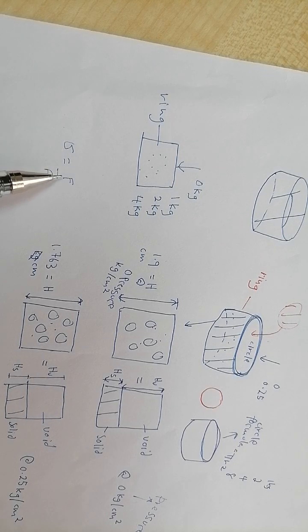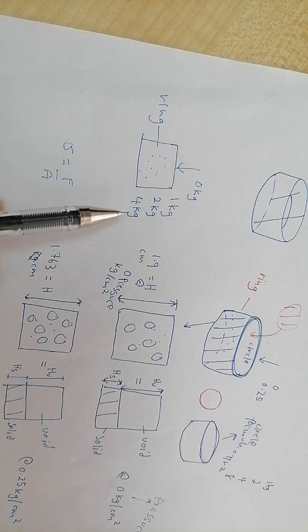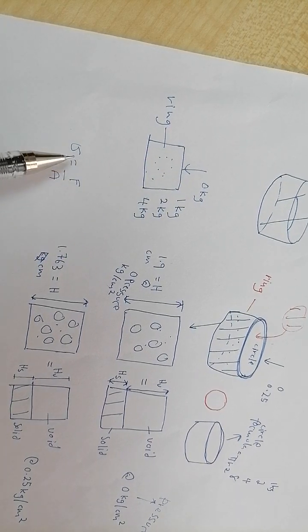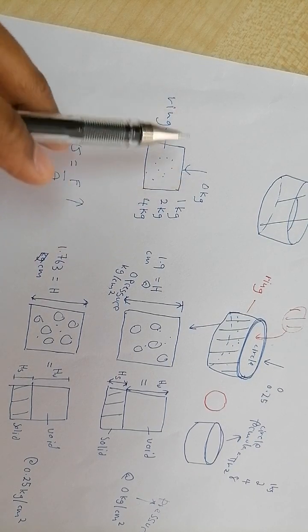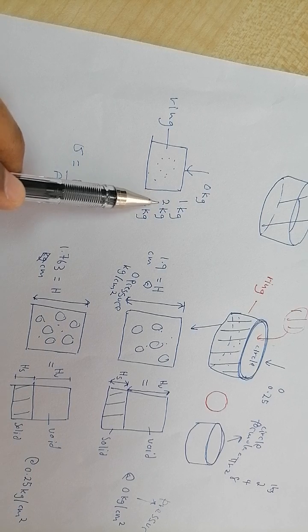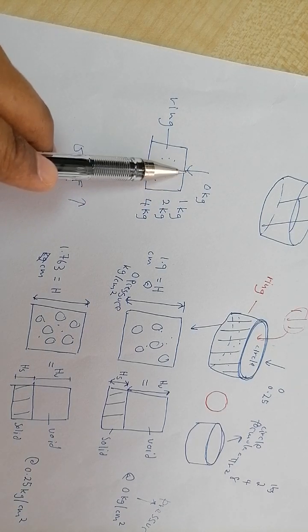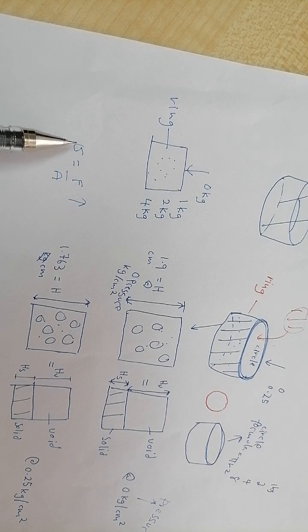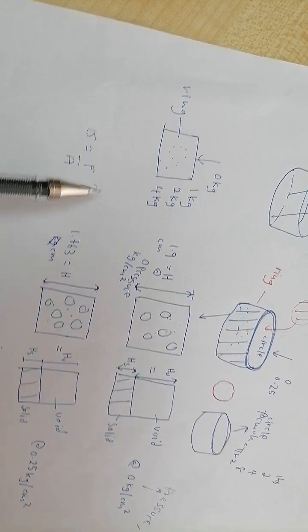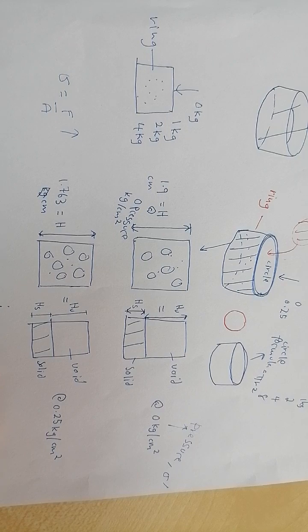As we increase the force or the mass here, of course the pressure will also increase. So I repeat, as we increase the mass here, the load, the pressure also increases. Okay, so sebab tu, that's why if you notice in this table,